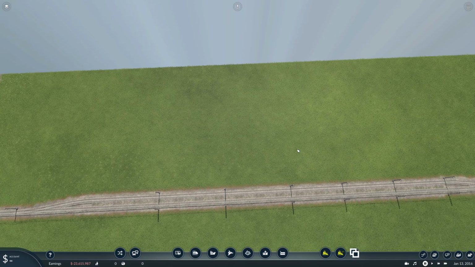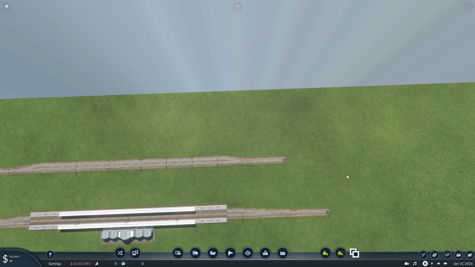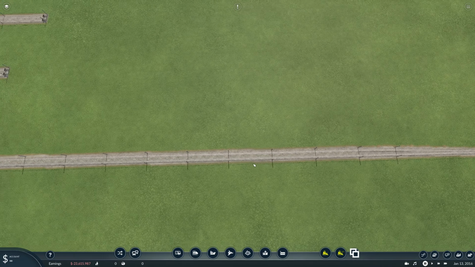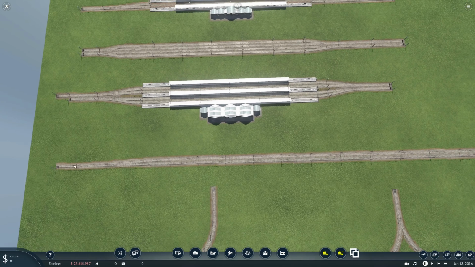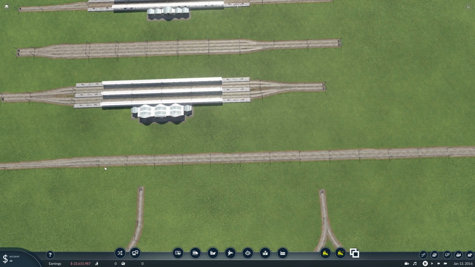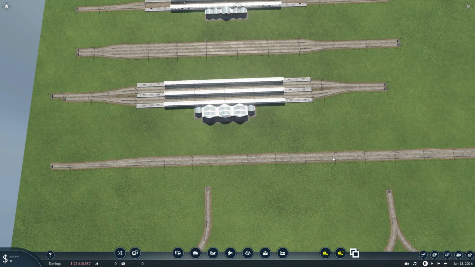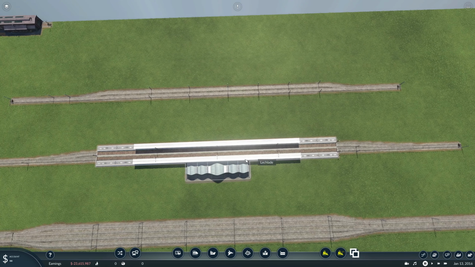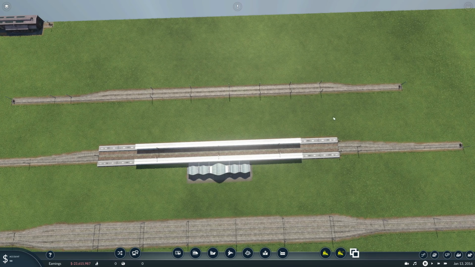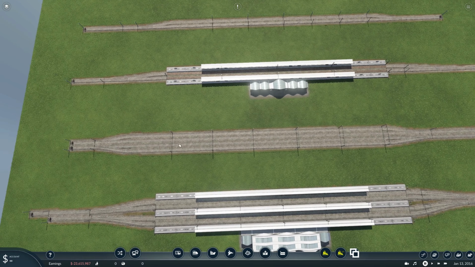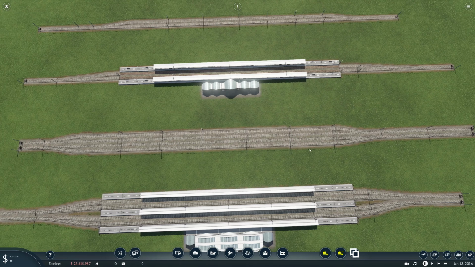You can also have a dynamic passing loop, which is then just this whole thing, but a lot longer, like here. So this allows trains to pass each other without slowing down or even stopping. As you can see, you can also integrate this into a train station here, and you can also do it with two sidings, two passing loops,